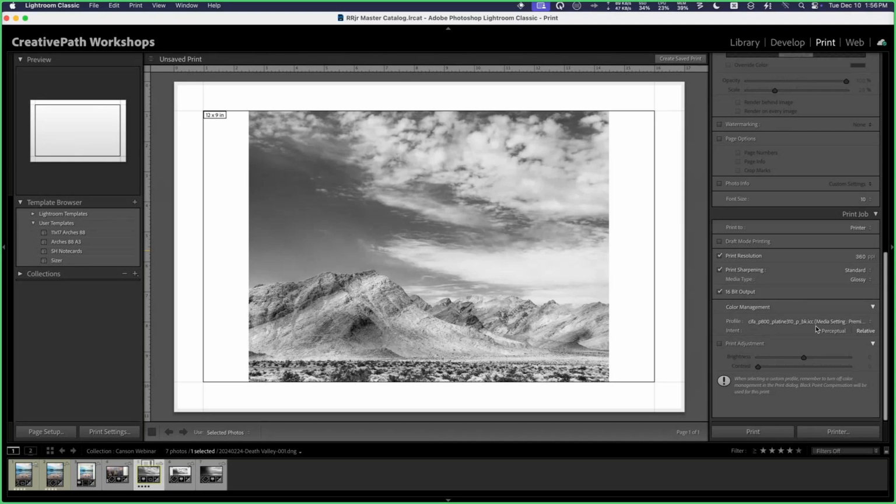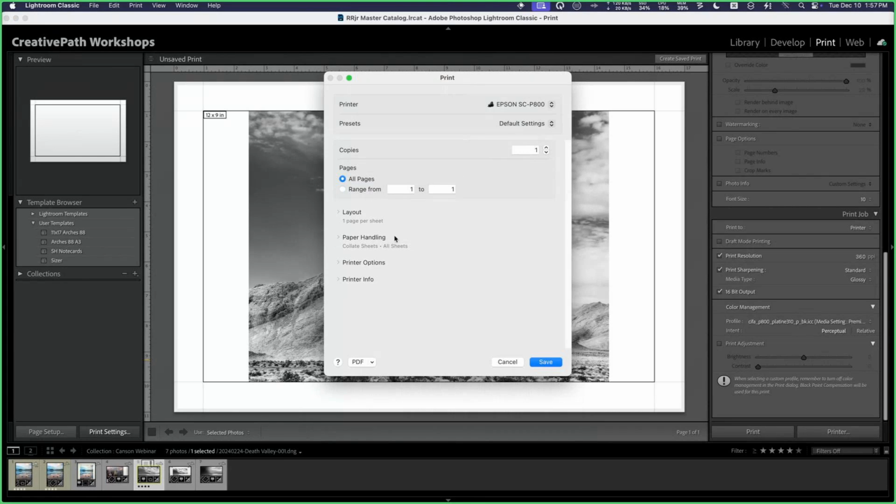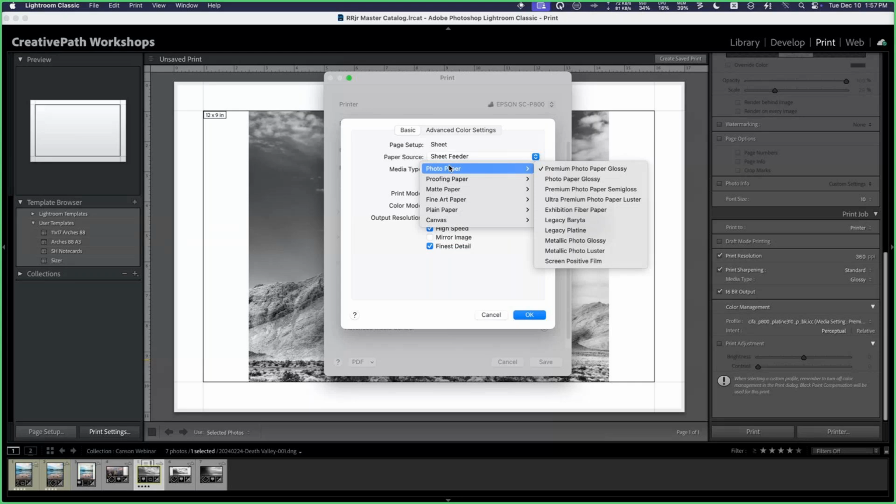By the way, I didn't check the soft proofing because I'm pressed for time here, but I'm just going to go with perceptual for now. Finally, we come over to printer settings. We go into the Epson printer driver again. I'm going to come down to printer options, click on printer settings. And this time I'm going to change the paper source to sheet feeder because we can feed this from the top. And I'm going to change the media type to premium luster. And